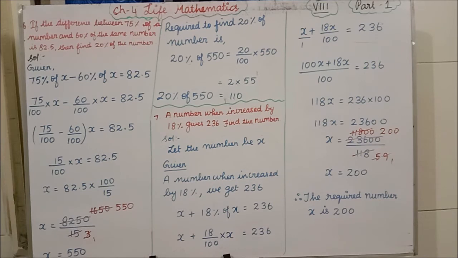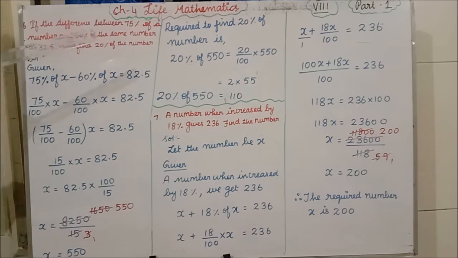Again I am cancelling 3 and 1650 in the 3 table. 1 3 is 3. Here 16, how many times will it come? 5 3s are 15, remainder 1 is there. So again 15 we have got. 5 3s are 15, then 0. So after cancelling I have got x equal to 550. So the number they were saying, that number is now 550. Still, in the question they were asking to find 20% of the number.